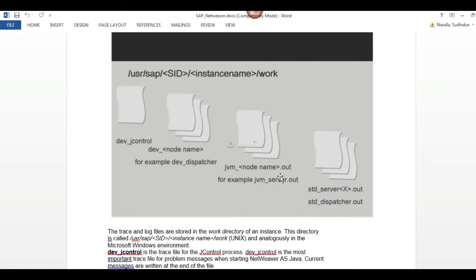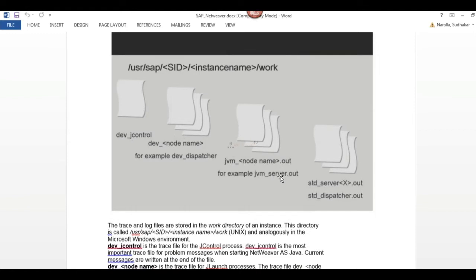And JVM, Java Virtual Machine, is a main topic in a Java stack. JVM parameters, memory parameters: every cluster will have JVM parameters. Initial size, maximum size, allocated size, and used size.